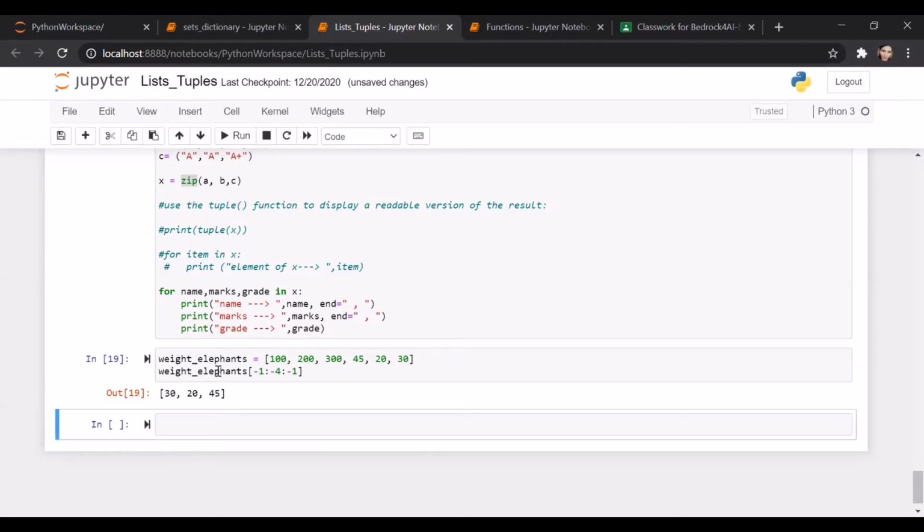So now what it will do is it will print index number -1, and then the next index would be -1 plus the step, which is -2, then the next is -2 -1, which is -3, then the next should be -3 -1, which is -4, but since I've provided stop as -4, it will go just one less than that, so it will go only up to -3.